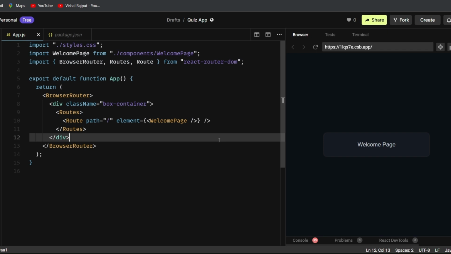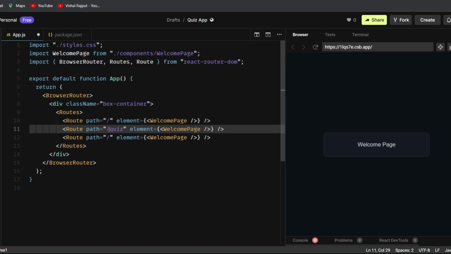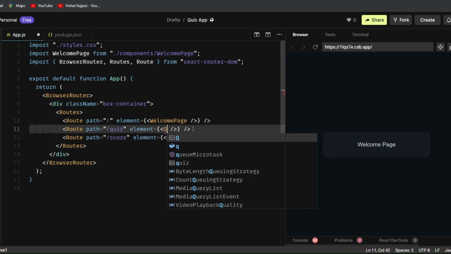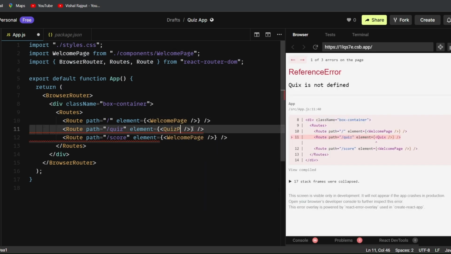I hope you have created those two routes. If not, no problem. Let's create it. So press Ctrl C, Ctrl V, and first route will be the quiz, and the second route that we have to create is the score. So here I will say quiz page,